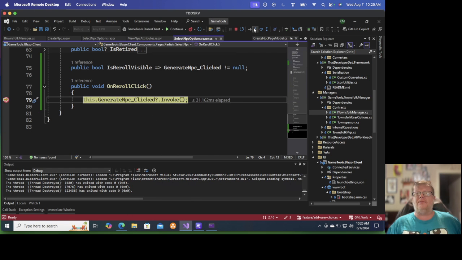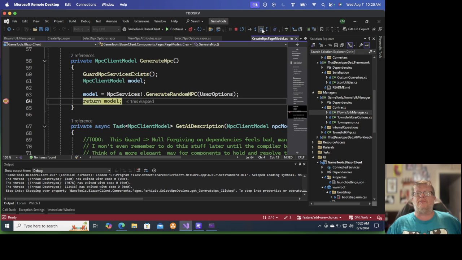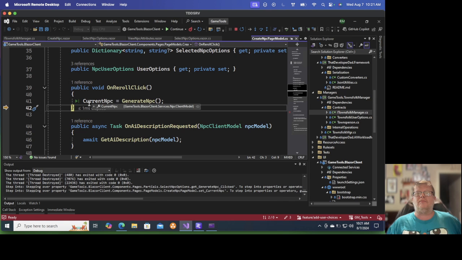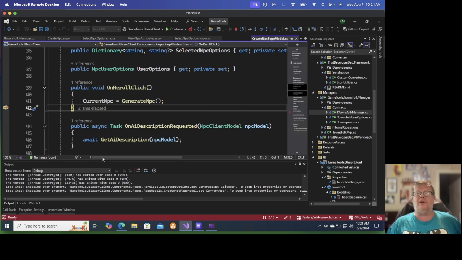Generate. Current NPC, we have a gnome weaver. Okay. And I bet